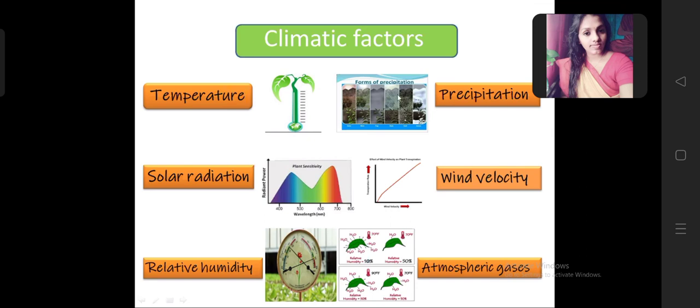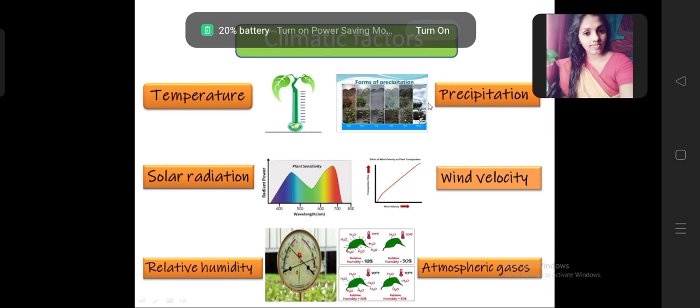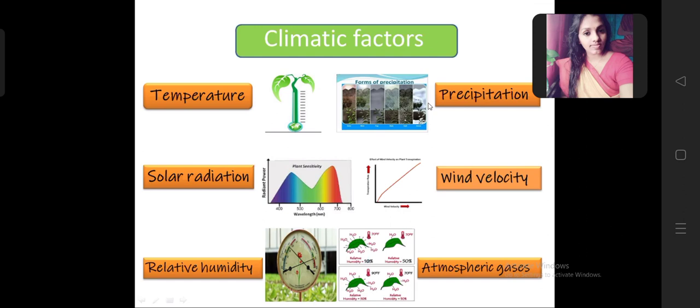Next one is precipitation. In precipitation, both quality and quantity will be considered. In the case of India, the annual rainfall is nearly 1094, so you have to remember that. The precipitation should occur at the particular time. If it is not feasible, it will adversely affect the growth of the plant. And some plants like rice and sugarcane have a much higher water and precipitation requirement compared to other crops. That also you have to keep in mind.